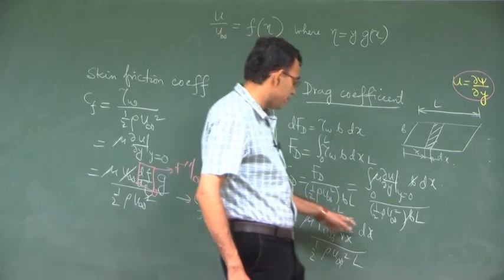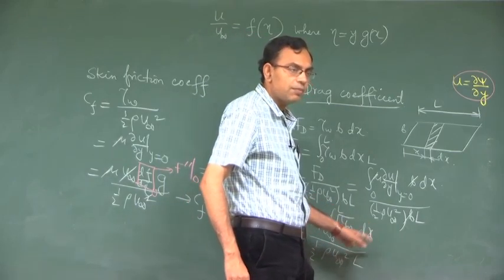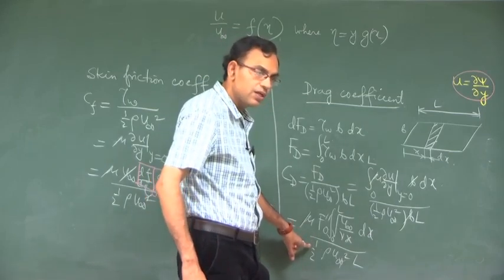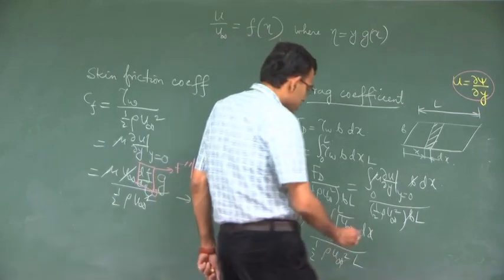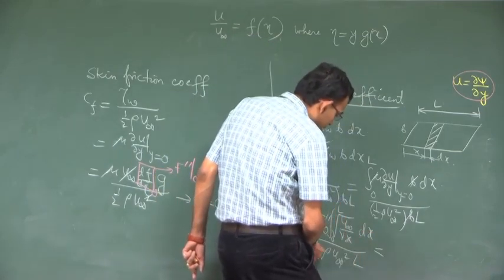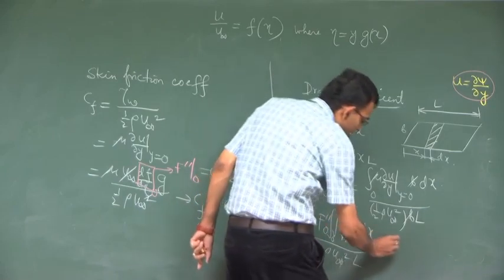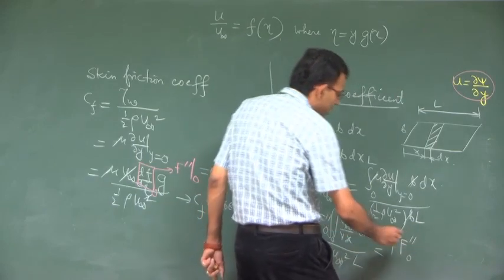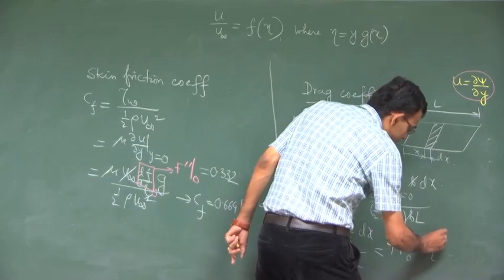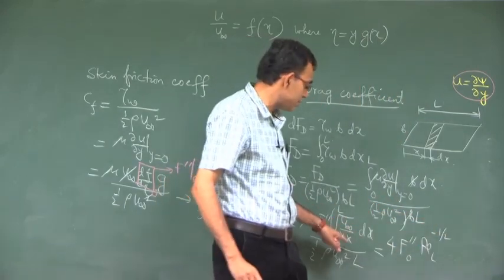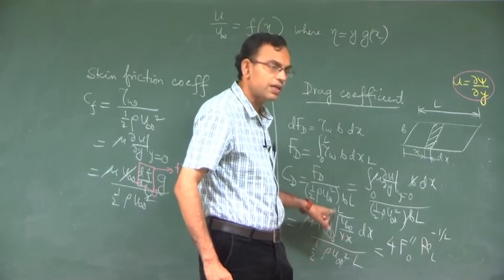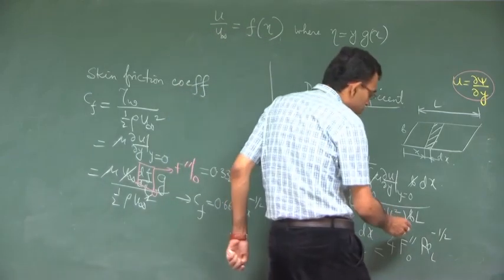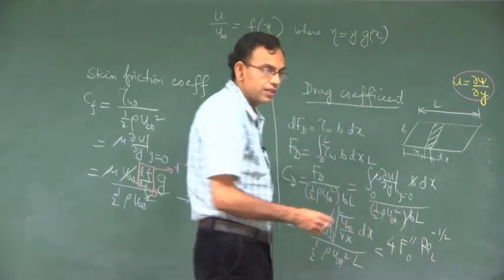So, this will be x to the power minus half plus 1 divided by minus half plus 1. So, another half will come. So, with this half will come another half. So, this will be this half into half, when this goes to the numerator it will be 4 into f double dash 0 into this will now become Reynolds number to the power minus half, where Reynolds number is based on L, because this L x when the definite integral will be put it will become L. So, this will be 4 into 0.332, that is 1.328.